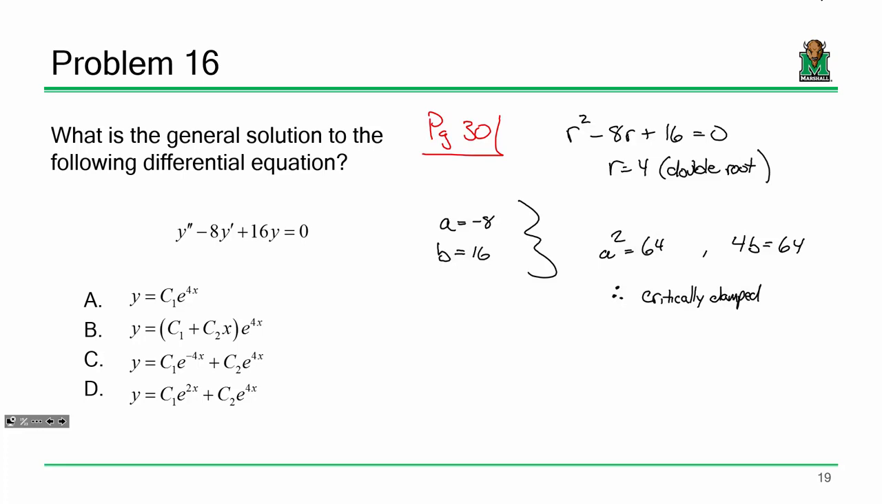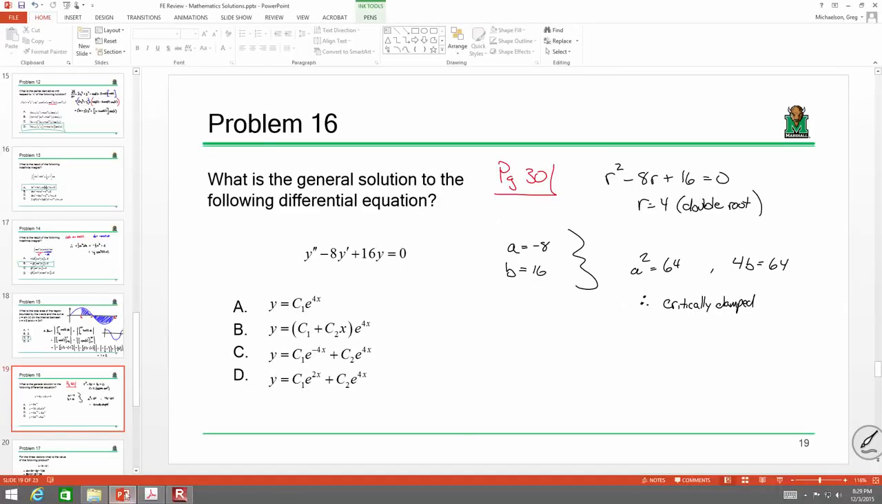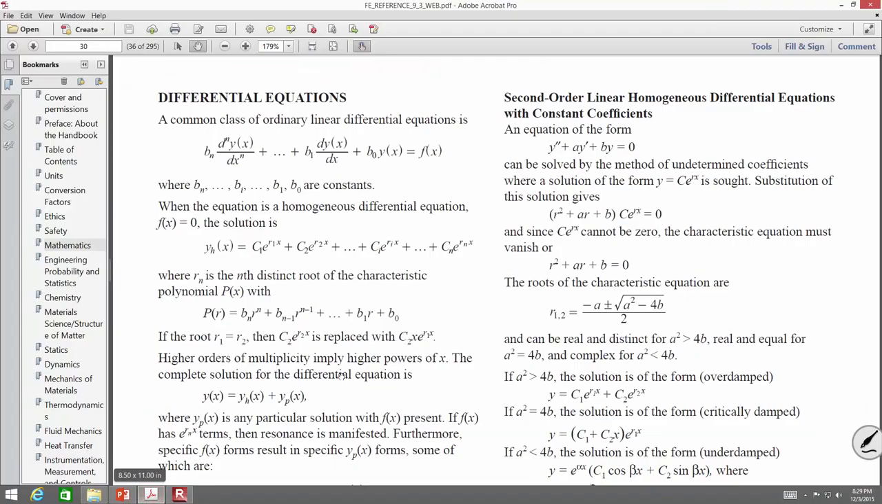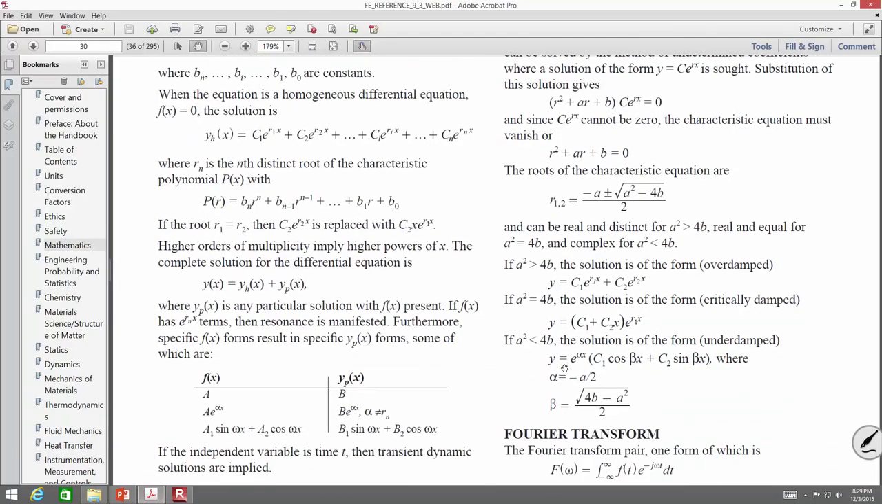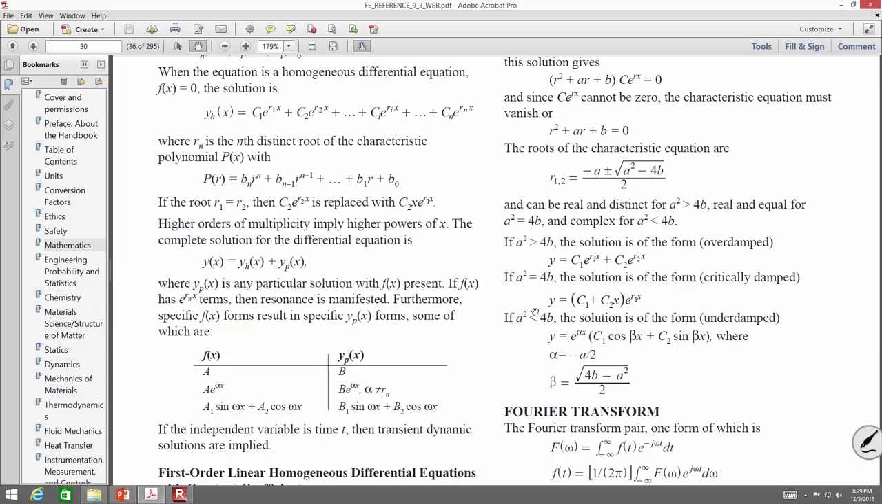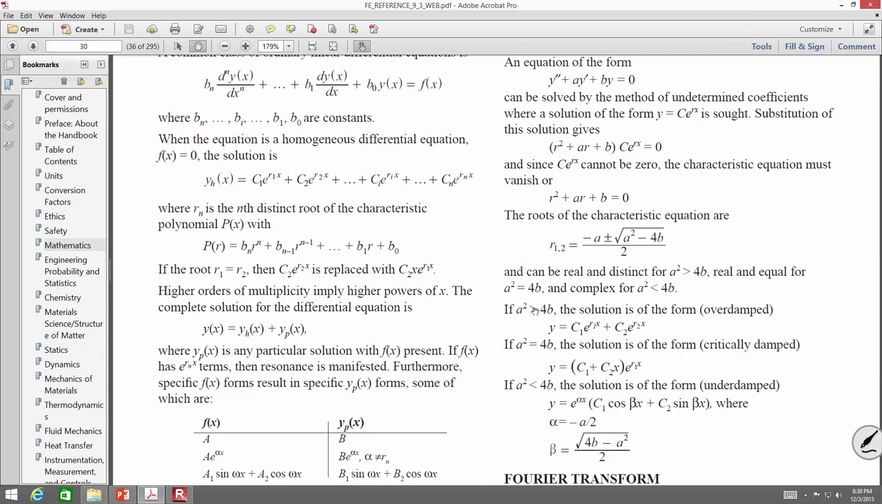Well, this actually starts to get into the world of vibrations, but to pull the manual back up and make sure we're all on the same page. Going back to the manual, an equation of the form y double prime plus ay prime plus by equals 0 can be solved by using the method of undetermined coefficients. So we know what A is, we know what B is, and it gives us right down on the lower part of the page